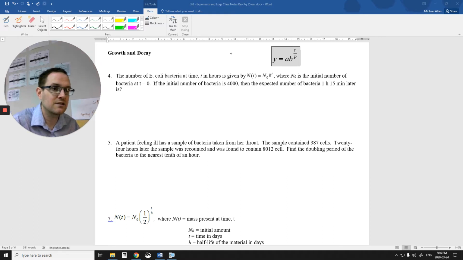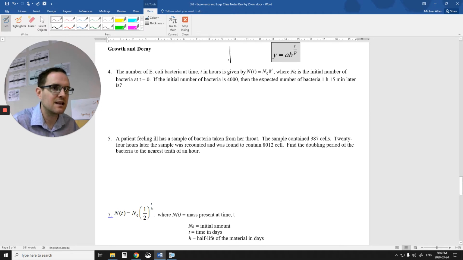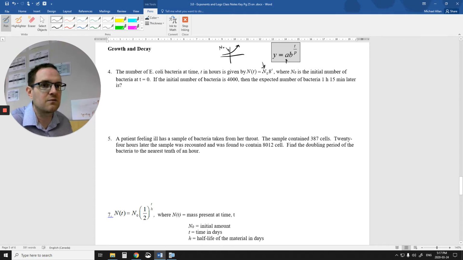It's a growth function. So what I know about this equation so far, I might as well just sketch out what this looks like. It's a growth function, and it's starting here on the y-axis at n naught. You see that's my initial amount. Usually that's denoted by the a here, but they just used an n naught to represent the initial amount at time 0, which makes sense. Time 0, 8 to the power of 0 is 1. If the initial count of bacteria is 4,000,